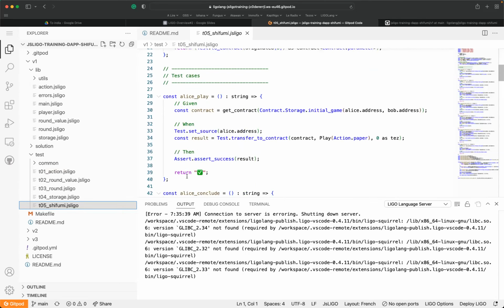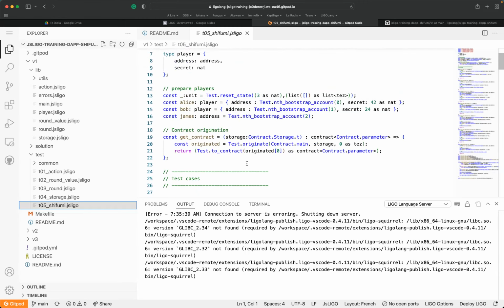So here we're going to check, for example, I'm going to explain this contract. We are going to get the contract. Here the contract is just the origination and the test contract. So both functions have been grouped in another one, which is a local one. You see get contract. If you remember, if you need the contract, you first do the origination. You get the address as a return value, and then you have to use it with the to contract in order to retrieve the contract. So here I do it in one function.